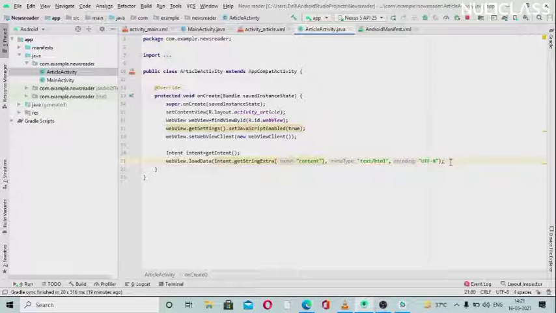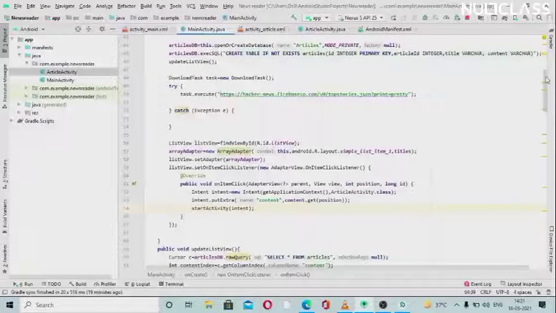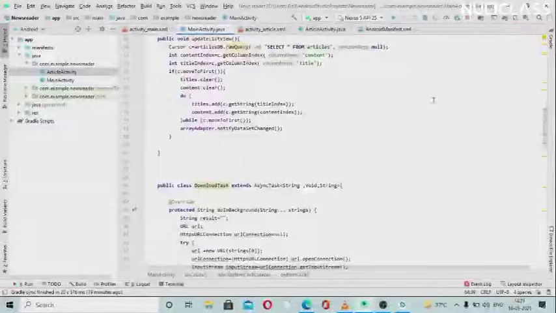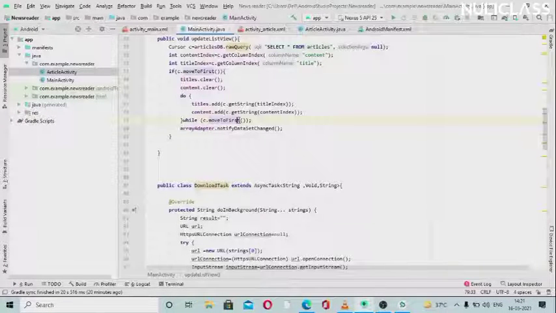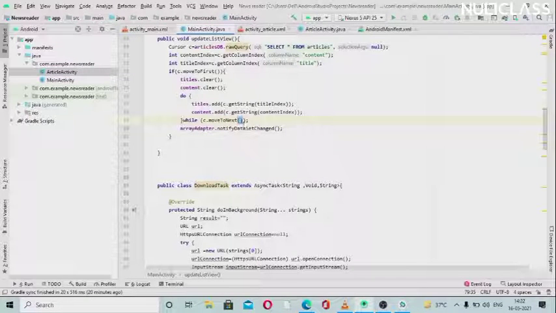Okay, so we have written all the code to run this app. On running we may get an error, because I have found something here. In the do while, we have written move to first. We don't want that, as if we move to first we will be stuck in the loop, because of the condition we have written here. So if it is not, it will run this code, then again we will be stuck in this loop and it will become an infinite loop. So we want move to next here, so that if it is not here, then move to the next one. Okay, so we are done with this.